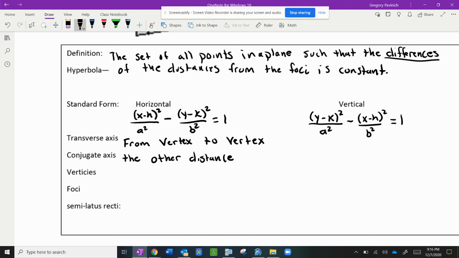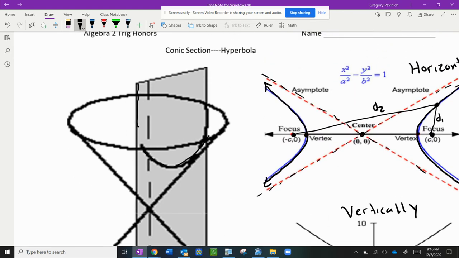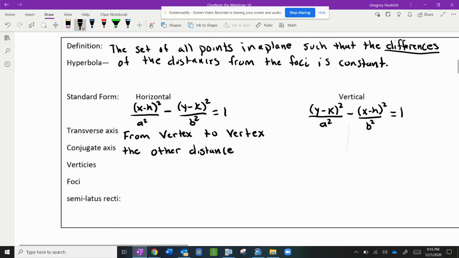It just depends how you're opened, and you'll see what I mean as we graph these. The vertices, which will be right here, kind of like the vertex of the parabola,